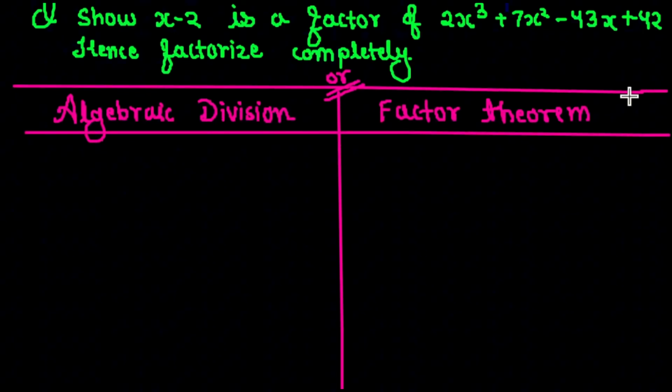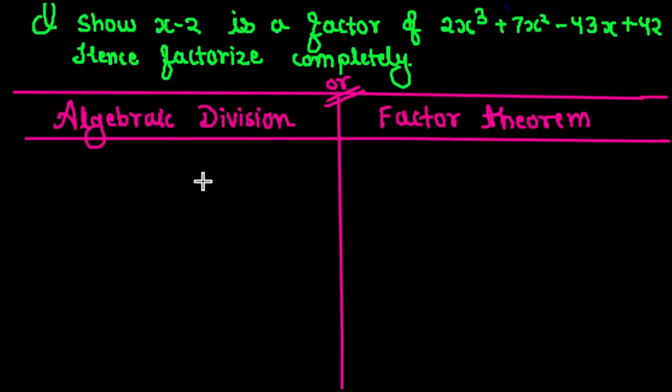So we need to check. Now we have two methods. First is the algebraic division and the second is the factor theorem, right? So I'm quickly going to use both of them to show you how to use the two methods. For algebraic division, to check whether this is a factor or not, you have to simply divide it. Now we will be dividing our long polynomial, this cubic